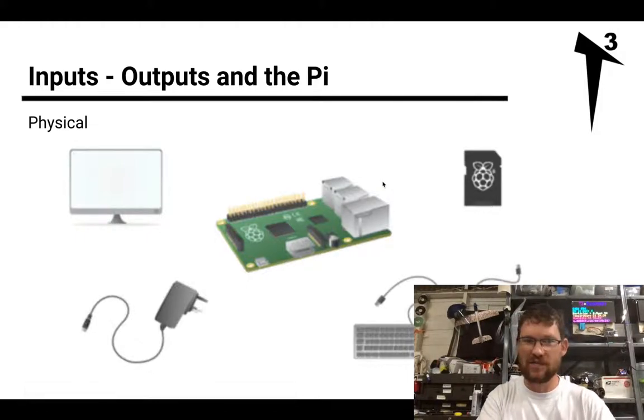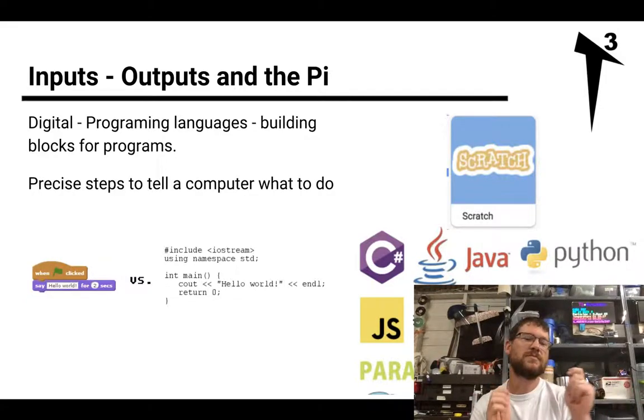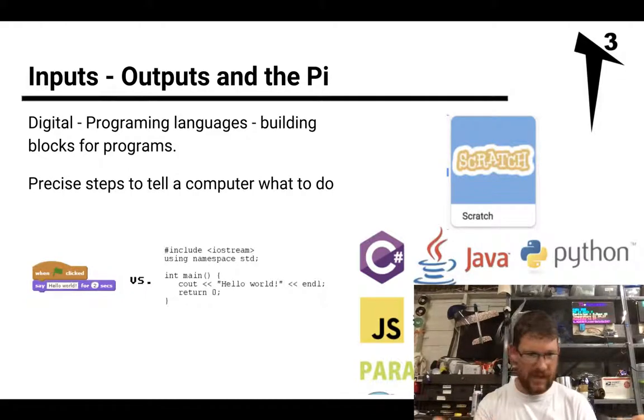Remember last week we already talked about what makes a computer, but when we think about what you do with a computer, the big power that comes from a computer is the ability to give it sets of instructions so that it can do things that once took a lot of paper and pencil or logic. There's a number of computer programs that come built into your Raspberry Pi, things like Scratch, C++, JavaScript, Node-RED, and these are all different ways of giving a computer a set